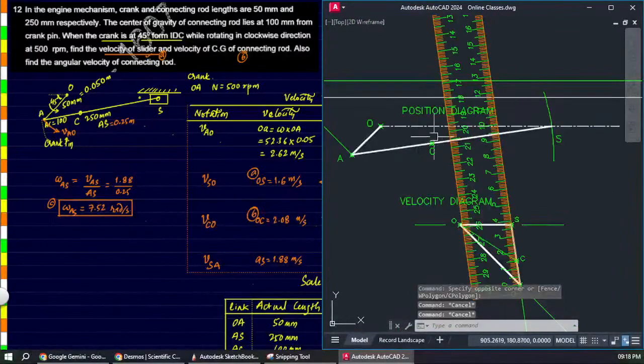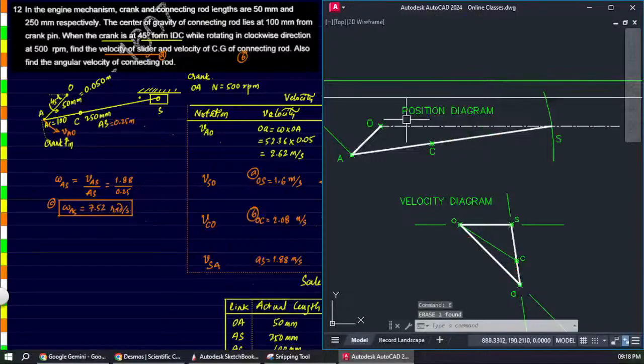So, this position diagram, let's remove the scale. So we have the position diagram, we have the velocity diagram, and we have taken all the measurements and written it over here. And we have found whatever he is asking us to find. Since he is not asking us to find any acceleration, the problem is only up to here. Both these diagrams you need to draw in your sheet, and if you are provided with the drawing sheet, you can